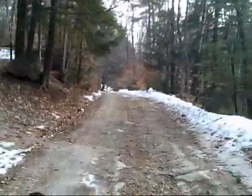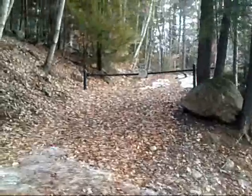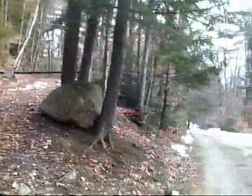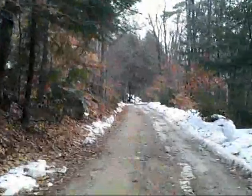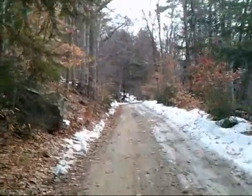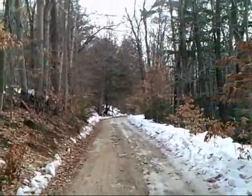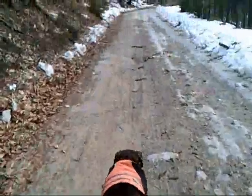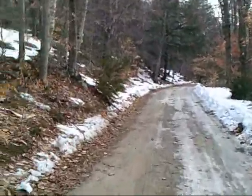Okay, we're almost there. So just before the trailhead, we got a couple things to watch for. Right there is probably a cutoff that goes right to the trail. It's a green gate that says Society for the Protection of New Hampshire Forests, which incidentally owns all this land. And thank you guys for making that available. It's a beautiful piece of land, as we're about to find out. I already know the upper part. So if we go just a little bit past that green gate and right up here,